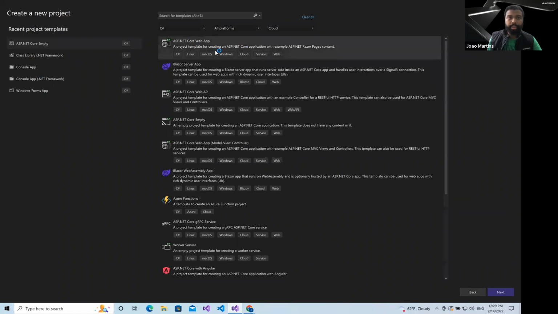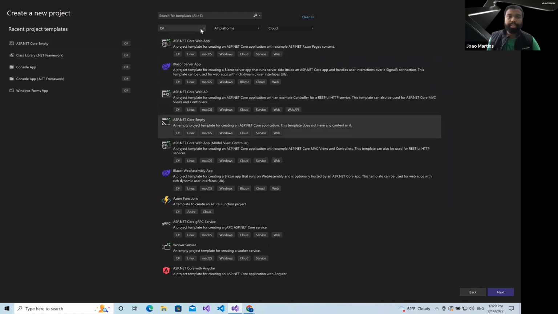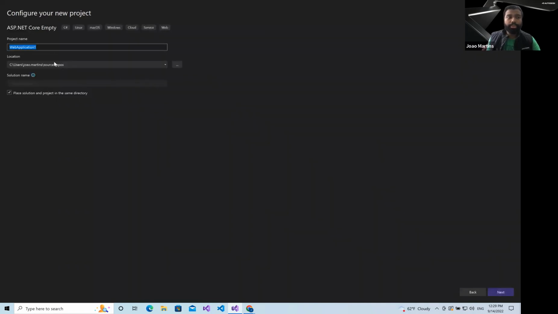And the template that we're going to use is the ASP.NET Core Empty. This is the one. You can filter by C#, all platforms, and cloud to see this one. And we select Next. Now we need to provide a name for our application. Let me call it Bootcamp